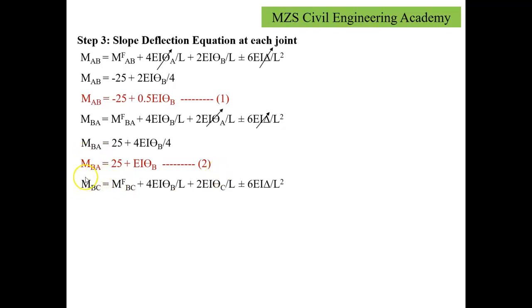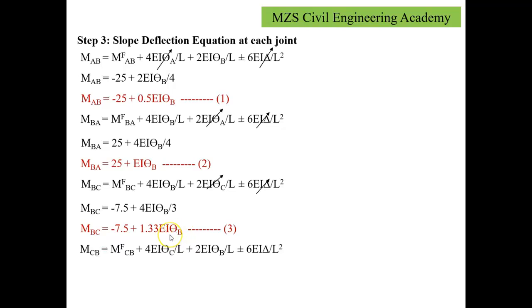Now if I apply the slope deflection relation at joint C, I am getting a relation MBC equals MFBC plus 4 EI theta B by L plus 2 EI theta C by L plus minus 6 EI delta by L square. Since C is fixed, locked, the rotational contribution will not be considered, and displacement is not given, so the displacement component will not be considered here. The leftover relation is minus 7.5 plus 4 EI theta B by 3. If I simplify this further, I will get a relation MBC equals minus 7.5 plus 1.33 EI